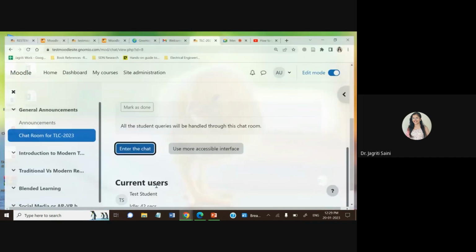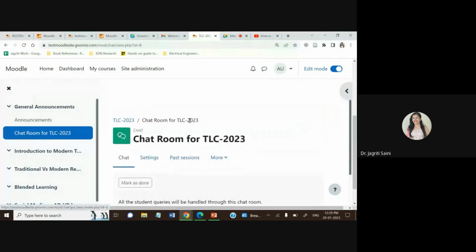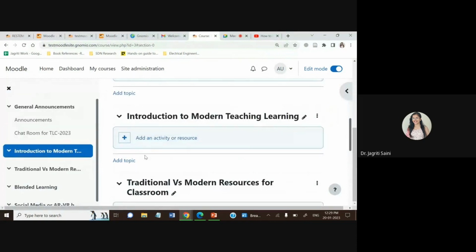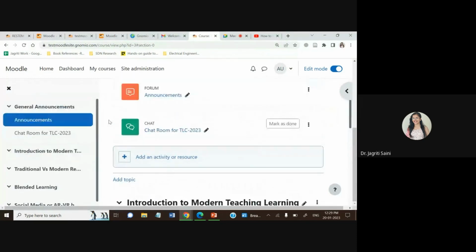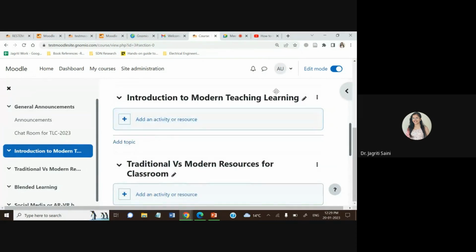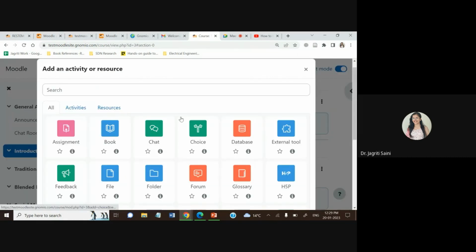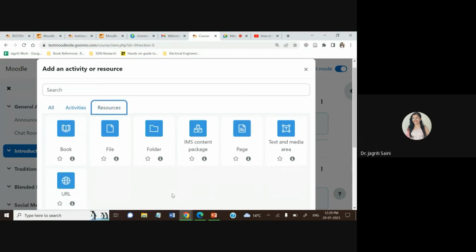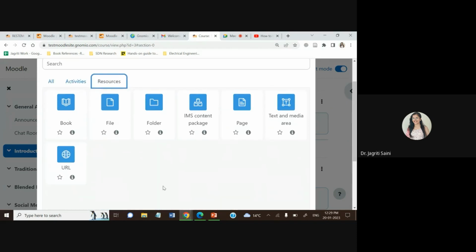Now let us get back to our teacher account again. So the chat room, we have explored right now. I'm just getting back to the general announcement section. Now, instead of in these general announcements, I need to make some activities in my first topic that we are teaching to the students during the first month of this semester. So just click on add an activity over here, and maybe I need to share a book with the student so that they can start reading that particular PDF for a specific syllabus. So I just have to click on this book right here,